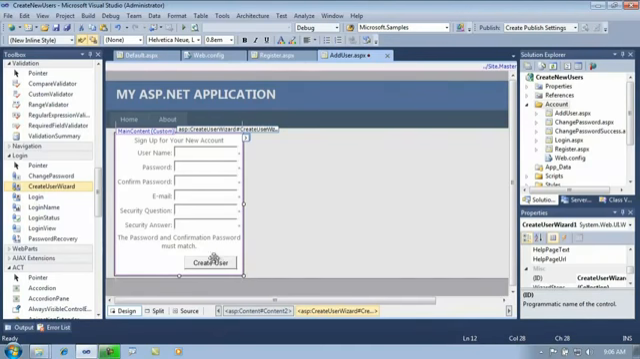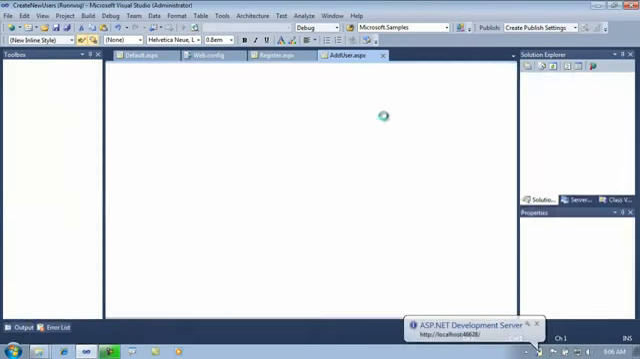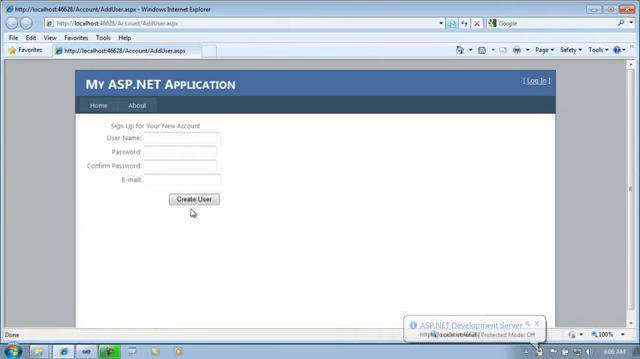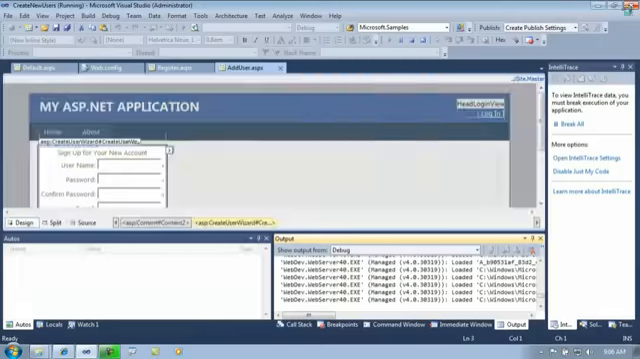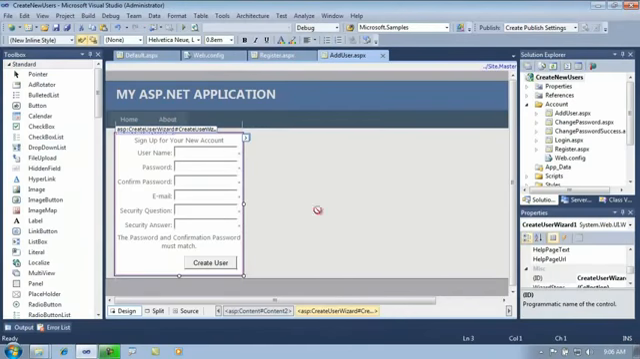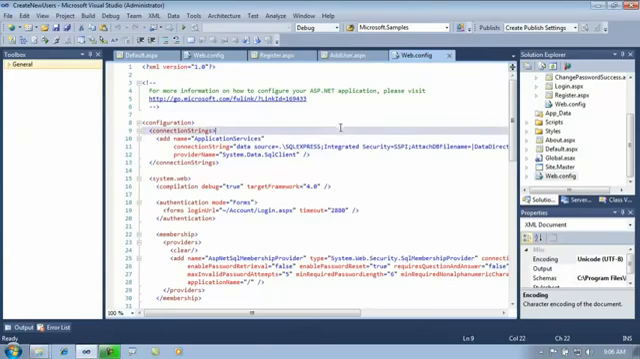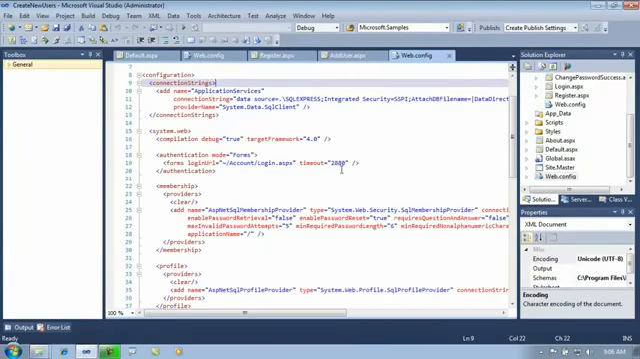Now I want to point something out here. Notice this security question, security answer. If we run the page, we see that our form appears. Notice security question and security answer are missing. So the first thing I want you to understand about how this control works is that if we go back into the web.config file for the application, and if we scroll down and we find